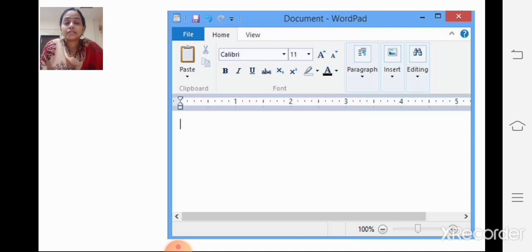So, see, it has many features like type any text like letters, notice, you can type essay, you can type story in this, and you can save it in your computer for future use. Whenever you want, you can open it again.